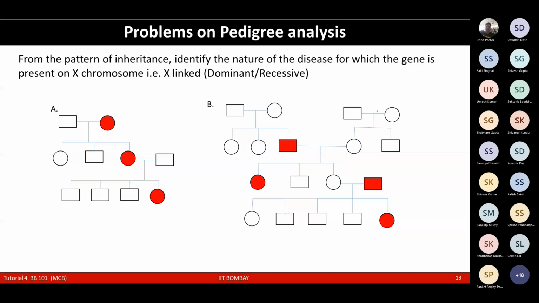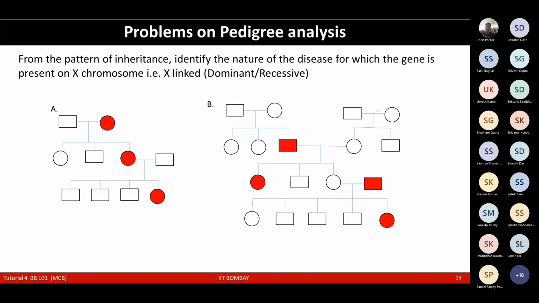So this symbol represents a square, or you can say a rectangle. It represents a healthy male. If these symbols are hollow, with a totally white background, it represents a healthy male. The circle represents the female. If the circle is hollow, like on the B side, with a white background, this is a healthy female.